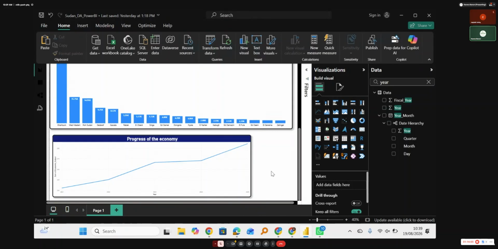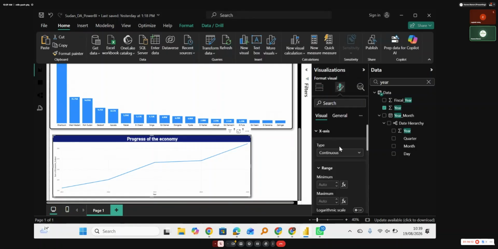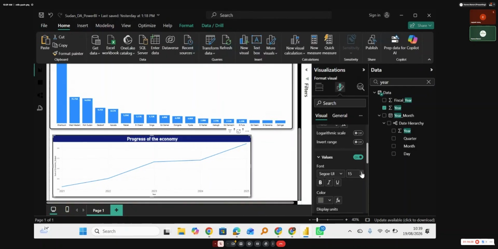We are going to also increase the size of the words because they are very small. Values, increase the size to 12 or 13, something like that. We make them black, we make them bold in the years, and then